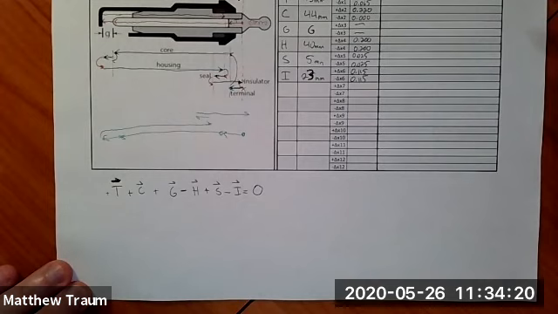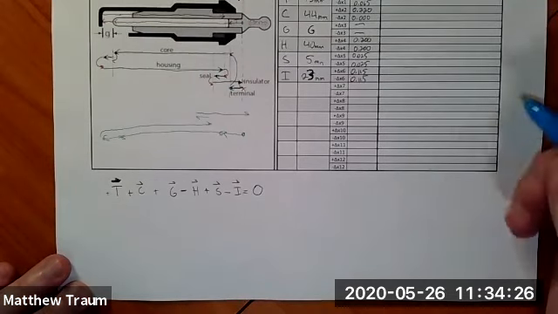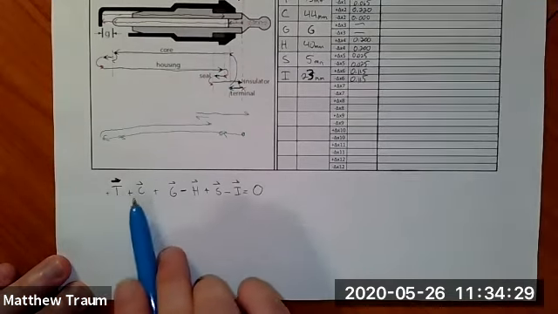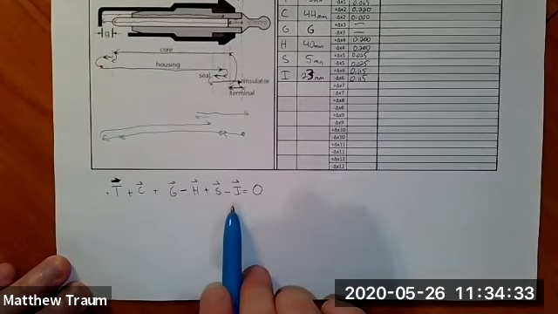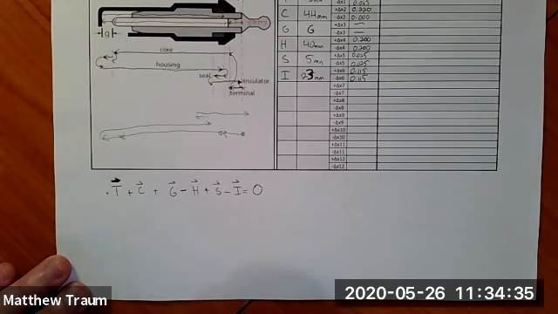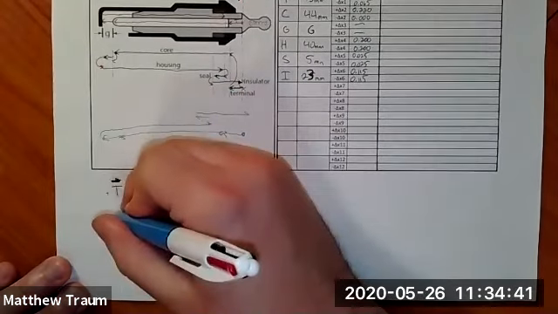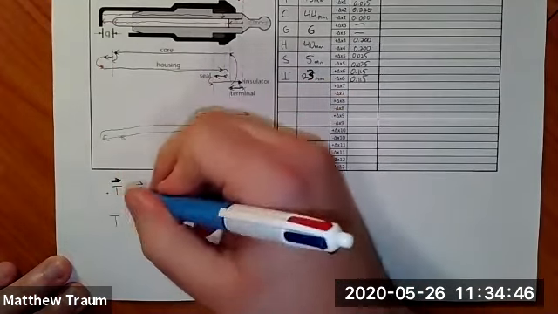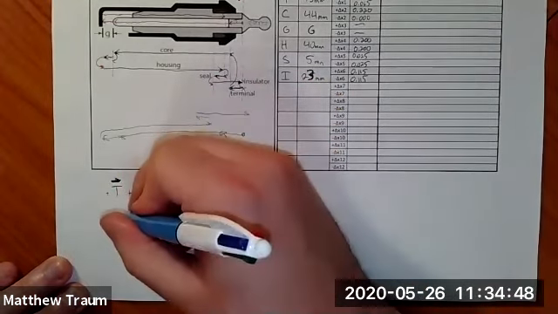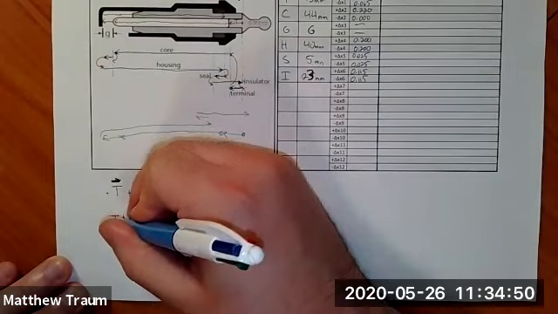Because if you try to do this just off the top of your head, it gets very, very complex very quickly. So what I'll do is I'll just write each one of these vectors. I'll preserve the positive or the negative sign in front of them, and I'll represent the tolerances as a bilateral tolerance, so plus and minus. So what I mean by this is if I write T, the tolerance of T is plus or minus